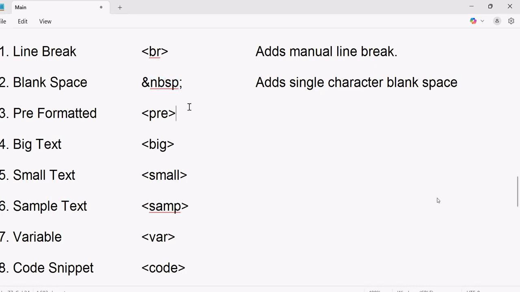So when you design anything in a page, one problem is line breaks, it will ignore. Extra spaces, it will ignore. We have to manually